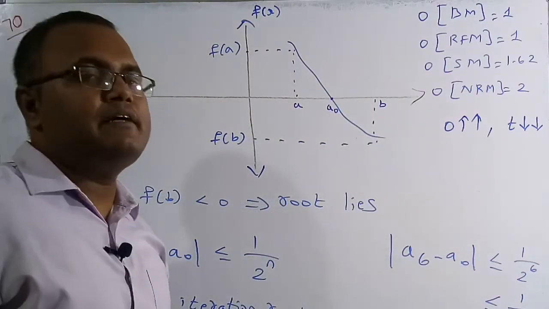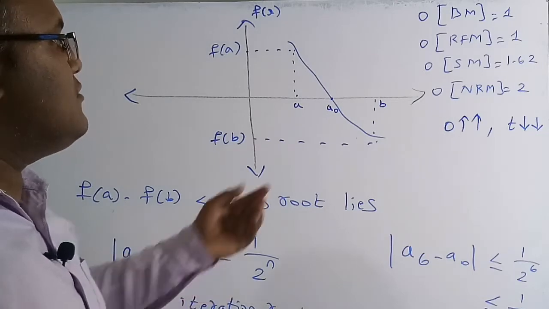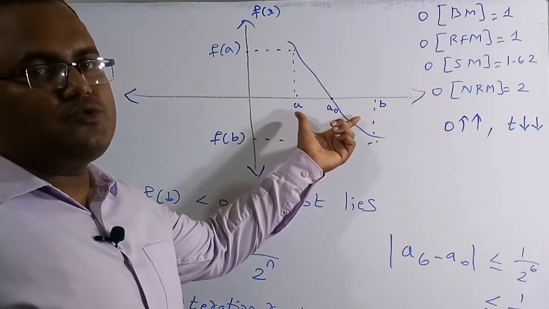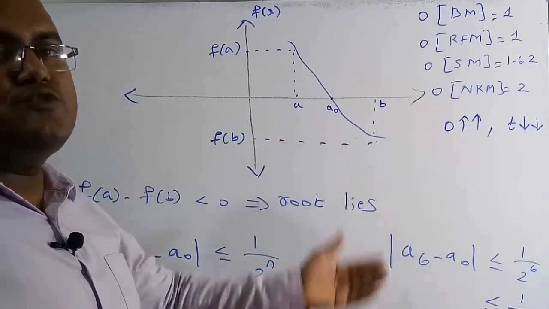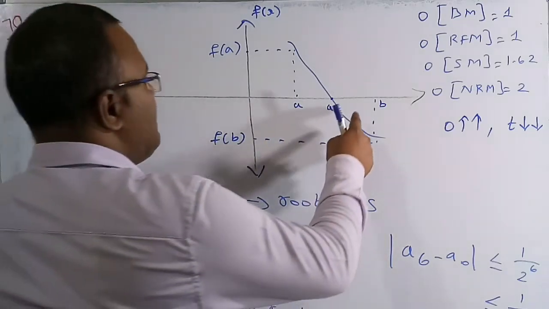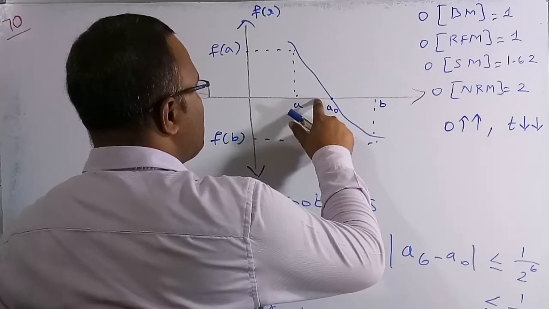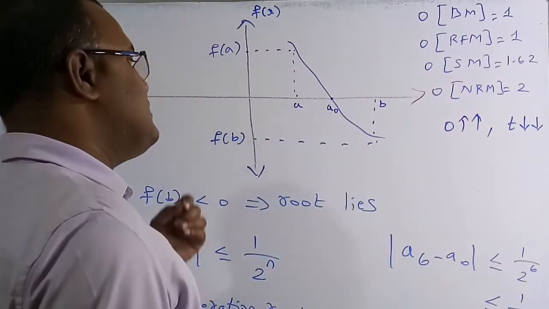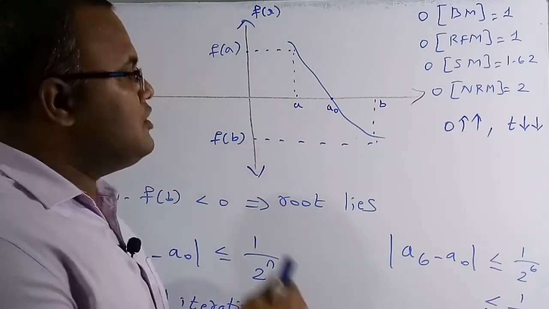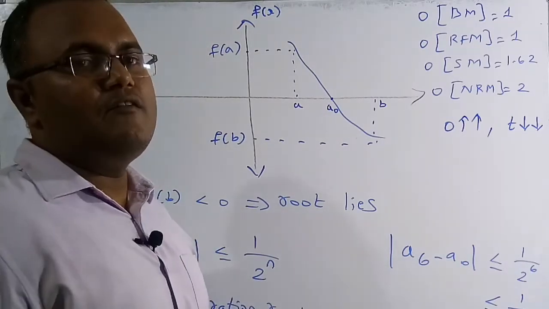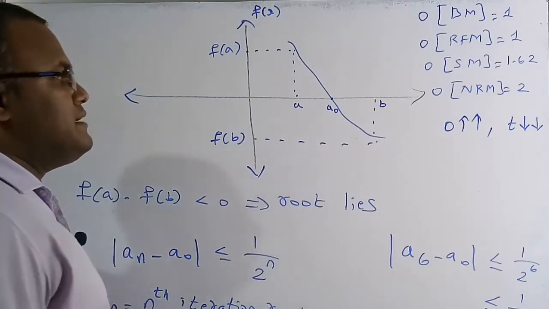Now by applying the bisection method, we have to go for the midpoint of these two values and follow the same procedure. First you find the midpoint of these two values, and check whether it is the exact root or not by substituting in the given equation. If it is equal to 0, then yes, it is an exact root. Otherwise you proceed until you get the value equal to 0. That is called the bisection method.